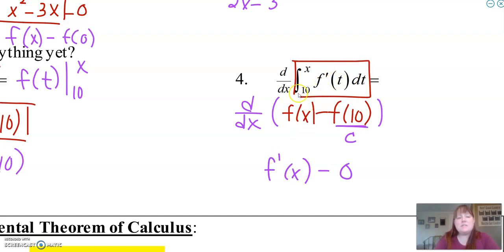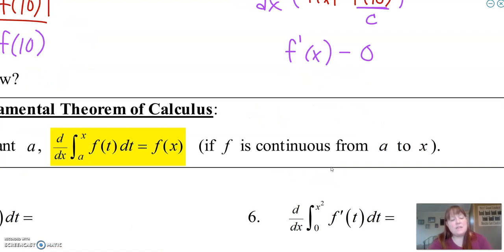And you notice that it doesn't really matter if this was 10 or 0 or anything else. This right here becomes 0, even though we put in 10, because it's a constant. So that's what the second fundamental theorem of calculus tells us, is that when I take the derivative,